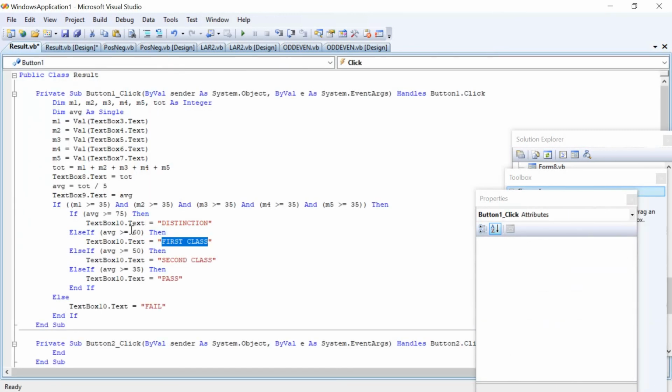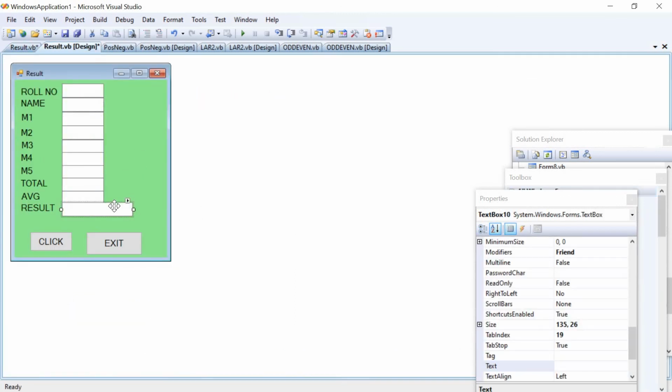If this Boolean expression becomes false, then it will go for checking with the third one, that is else if average is greater than or equal to 50. In that case the message will be Second Class, displayed in text box 10.